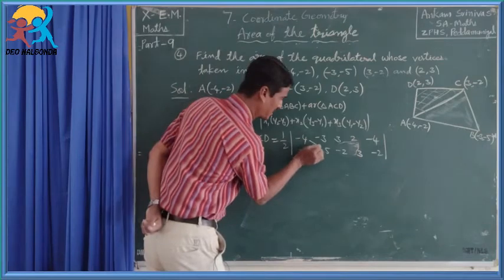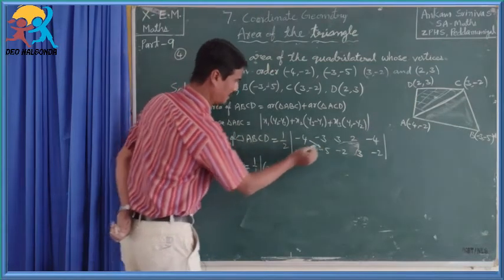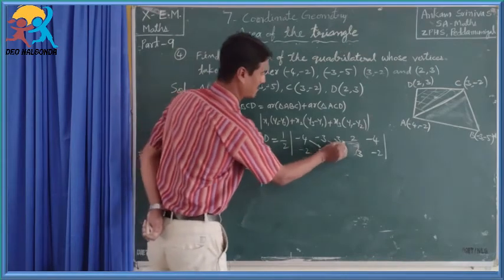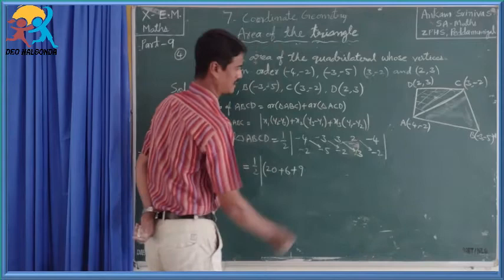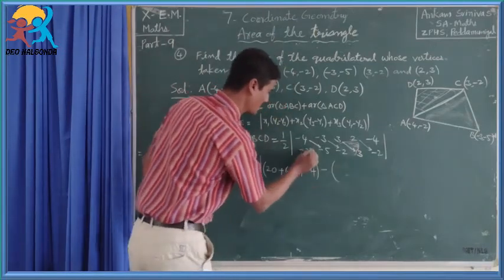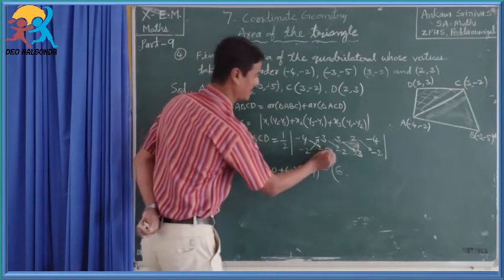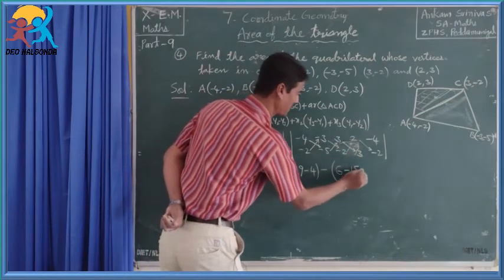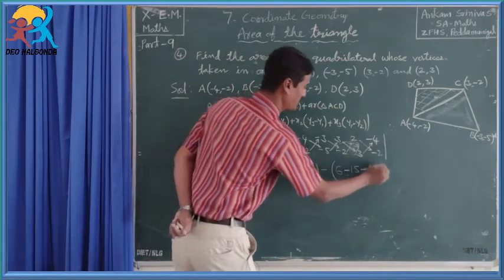Now find the products. Here minus of minus plus, 4 fives are 20, and here minus of minus plus, 3 twos are 6, plus the product of these two, 3 threes are 9, and here minus into plus minus, 2 twos are 4, so minus 4. Then the remaining parts: product of these two, minus of minus becomes plus, 2 threes are 6, and minus of plus minus, 5 threes are 15, and the product of these two, minus of plus becomes minus, 2 twos are 4, and the last one, plus of minus, 3 fours are 12.